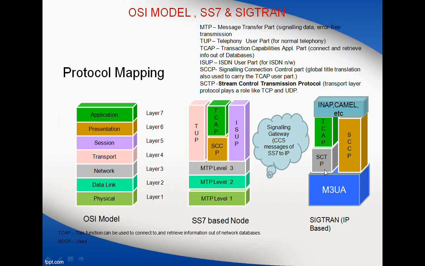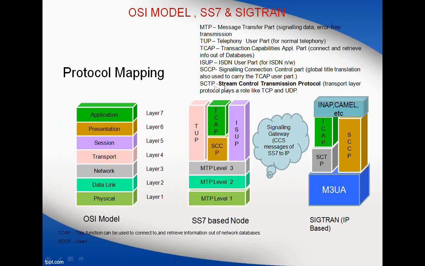Here you have your M3UA. You could see almost the same structure, but the functionalities and other things differ. So here MTP1, 2, 3 becomes M3UA. M3UA is nothing but the adaptation layer, which is going to do the job of all three, MTP1, 2 and 3. The basic transition that happens in the case of SIGTRAN is with respect to the transport layer. Here in the transport layer, you will be able to see SCTP. This SCTP is nothing but Stream Control Transmission Protocol, which is a transport layer protocol.